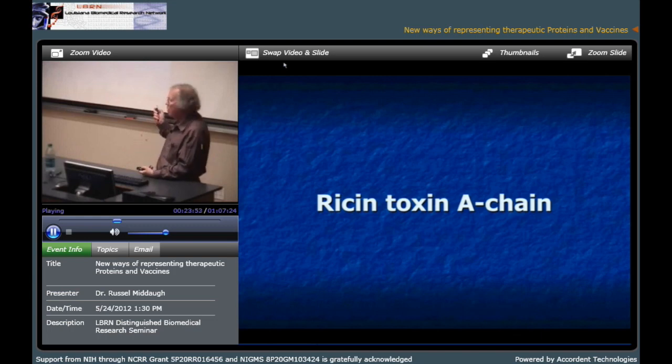So here's a project that we've been working on for a long time, and that's the development of a vaccine for ricin. So I think most of you probably know ricin is a protein that's found in the beans of the castor plant. It's about the easiest protein to isolate you can imagine. Unfortunately, it's one of the most toxic substances known. It's been used as a weapon by terrorists in the famous subway attacks in Japan, for example. This was the agent that was used.